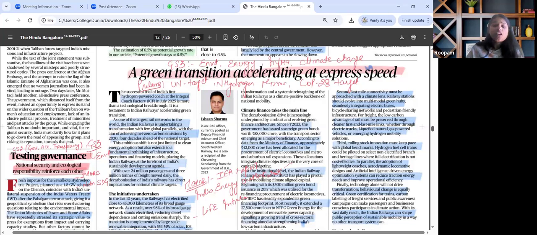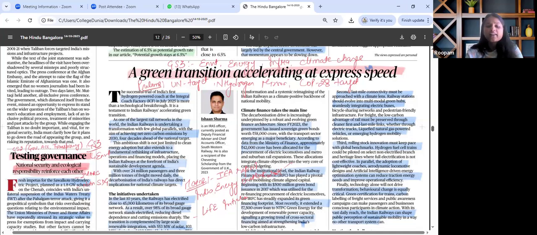From a mains perspective, one argument that can be quoted every time is that India's green energy transition must balance sustainability with inclusivity as well. So this could be the overall linkage with the syllabus and the relevance of this particular article. We can even supplement it with the International Energy Agency (IEA) report and NITI Aayog's Energy Transition Index. All these can be quoted, read and revised.